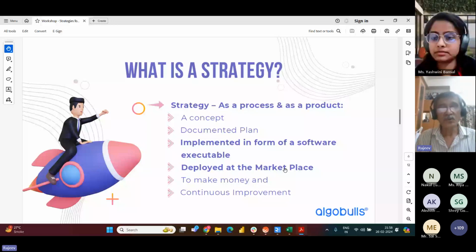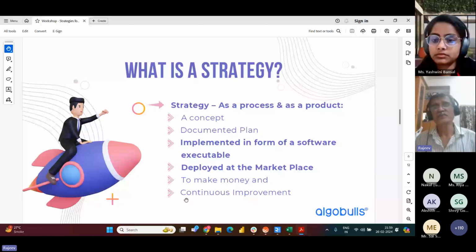So that ensures that you are executing your strategy without any emotions. You are not there to interfere in the execution of the strategy. Once it is developed, tested properly, and you're reasonably sure about its result, let that strategy just run automatically and make you money. So that is the overall process of a strategy, and finally you make continuous improvement in that based on the outcome that you receive from your executions every time.